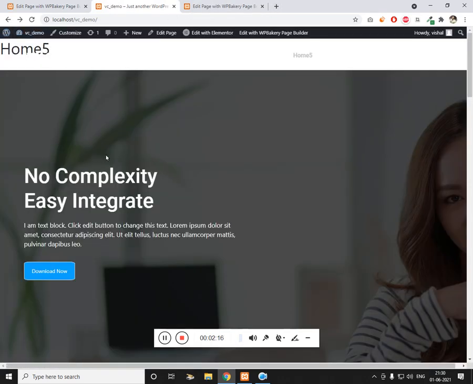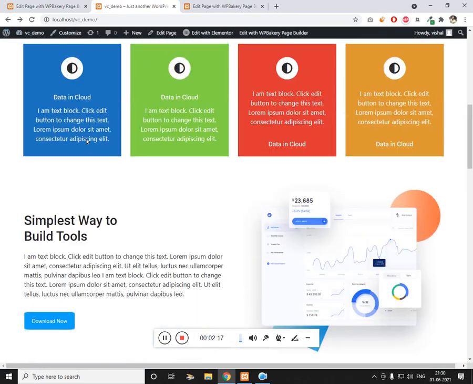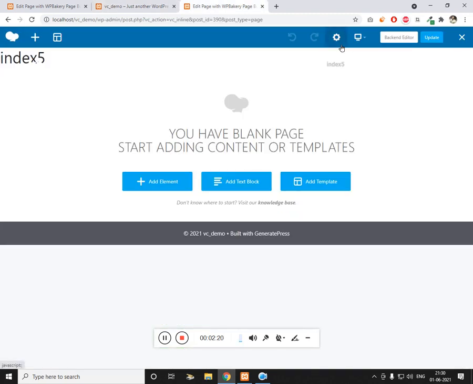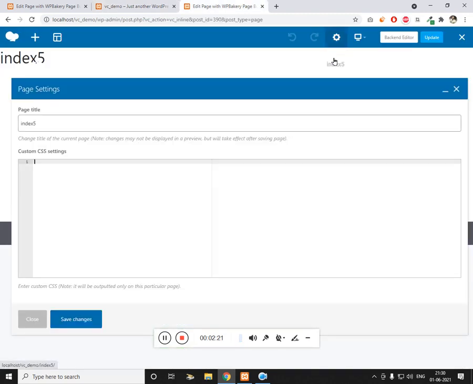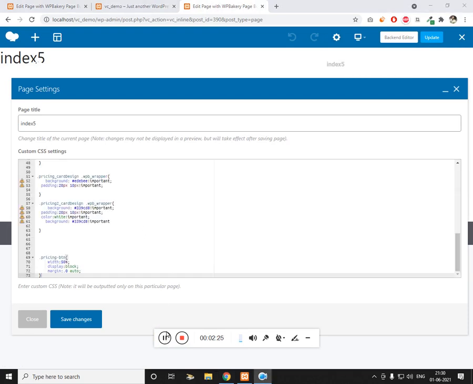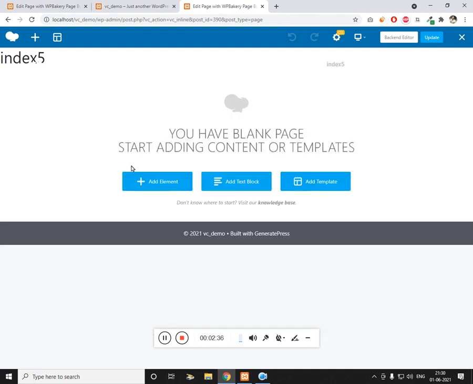The very first thing, if you wish to follow along, I have left the images in the description box along with the custom CSS. We require some custom CSS, so let me fill the custom CSS first. On the settings page, this is the place where you can fill in all the custom CSS. I have pasted all the required custom CSS. Let me click on save, and I'll link this CSS file in the description as well.